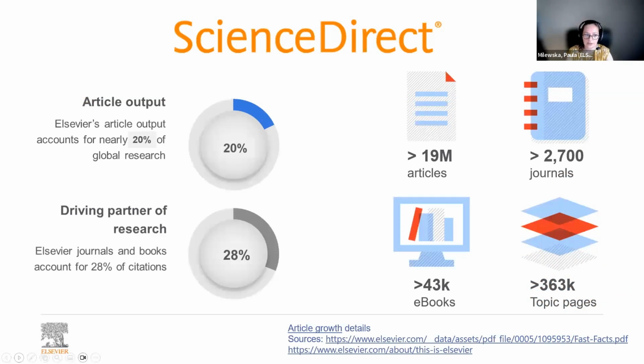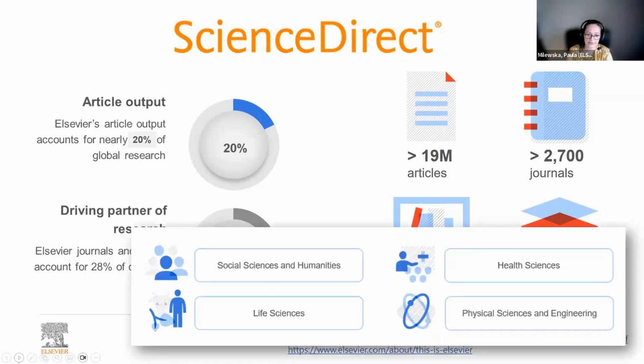So article output accounts for nearly 20% of global research. It means that if you are entering the ScienceDirect platform, you are on a platform with 20% of all research articles in the world right now, because Elsevier is the biggest publisher of scientific literature. But we have not only articles, also ebooks, topic pages, and more than 2,700 different journals in all disciplines,